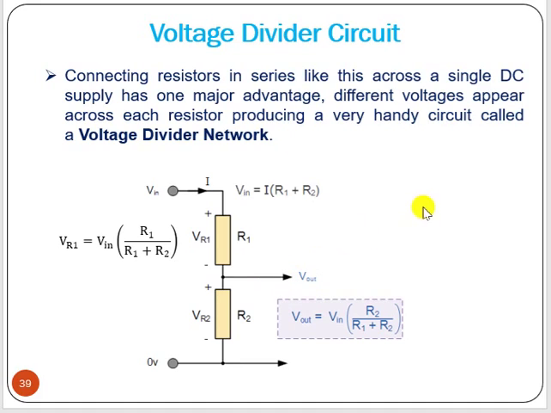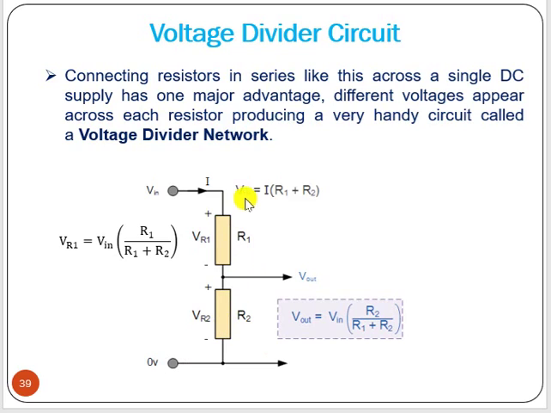Okay. Now voltage divider circuit. Suppose we have two resistors R1 and R2, and across them the voltage is V in. What will be the voltage across R2? There is a simple way you can remember that. V out, the voltage across R2, equals the total voltage multiplied by the same branch resistance, that is R2, divided by the total branch resistance, that is R1 plus R2.